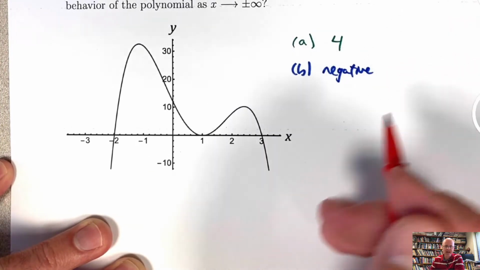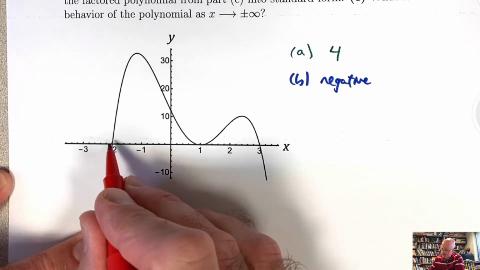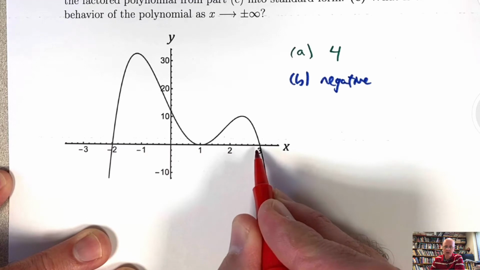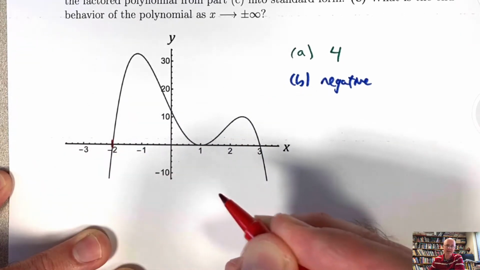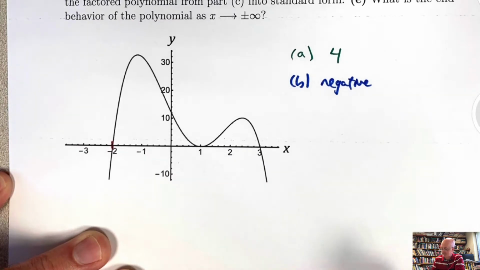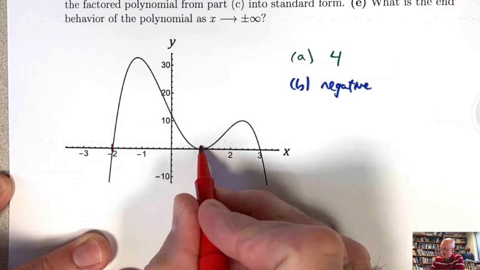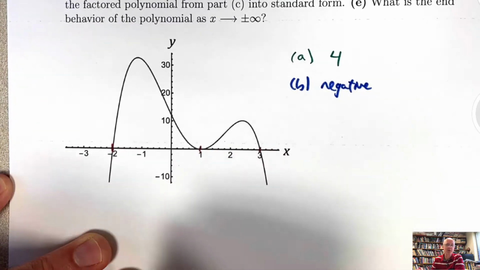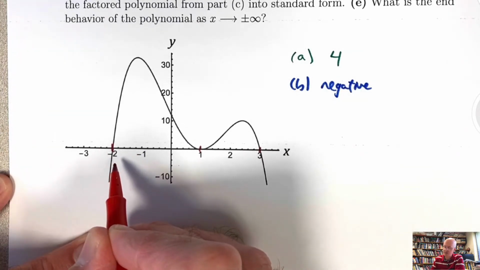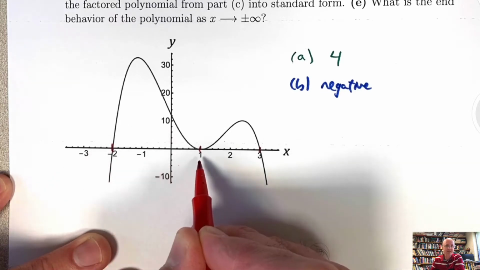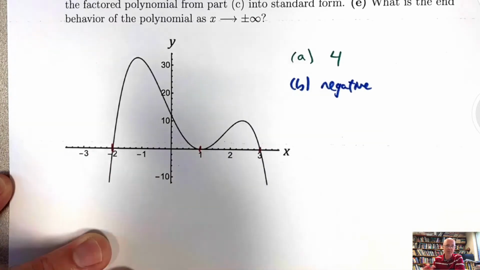So what do we do? We again look at the x-intercepts. Again, there are 3 of them, right there, there, and there. And it looks like, based on what we're given, they are at particularly nice numbers. That always makes these kind of problems easier. -2, 1, and 3. So you could initially think, well, maybe it's x plus 2, because x plus 2 has -2 as a root, times x minus 1 times x minus 3, but that would be trouble because that would